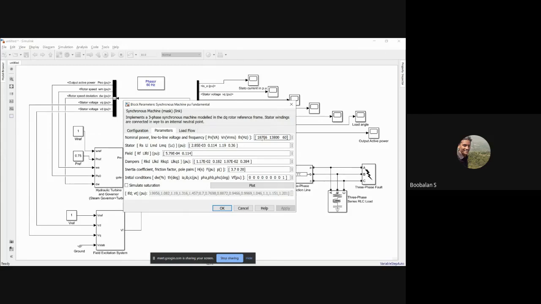Line to neutral RMS is 13800 and 60 hertz power supply with respect to neutral. Everything is with respect to neutral. The maximum power is 187 MVA generator, and the maximum voltage is 13.8 kV, 60 hertz power supply system.